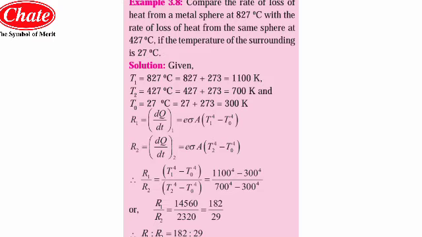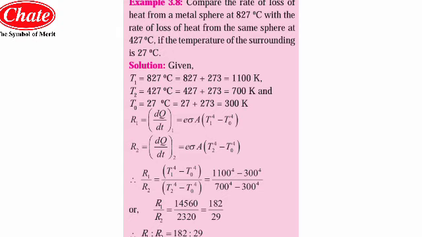So for your better understanding, or for those students who have still not understood, we will revise this problem one more time. So students, I will read the question. Compare the rate of loss of heat from a metal sphere at 827 degrees Celsius with the rate of heat loss from the same sphere at 427 degrees Celsius if the temperature of the surrounding is 27 degrees Celsius. So students, we have to make the comparison